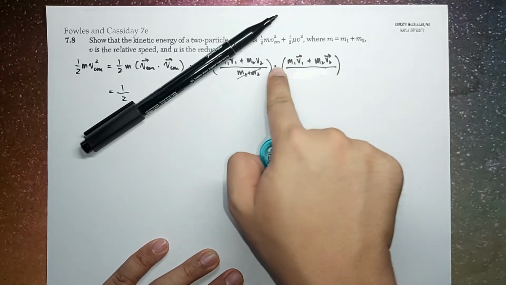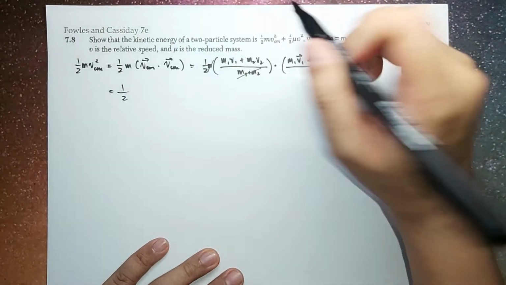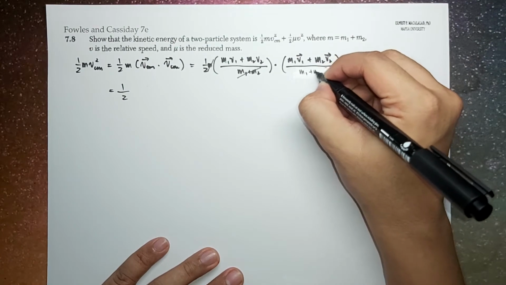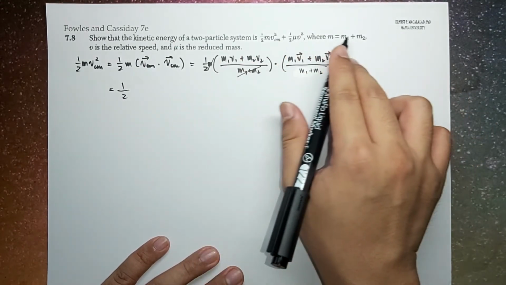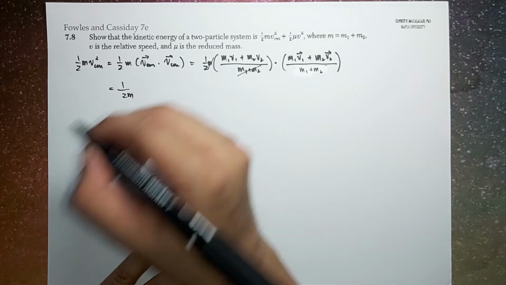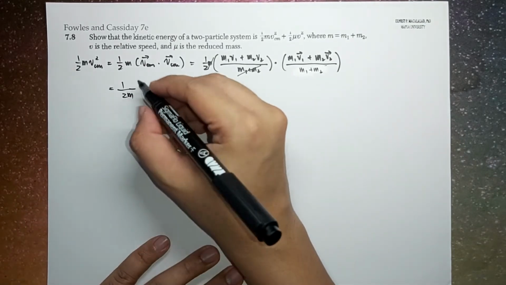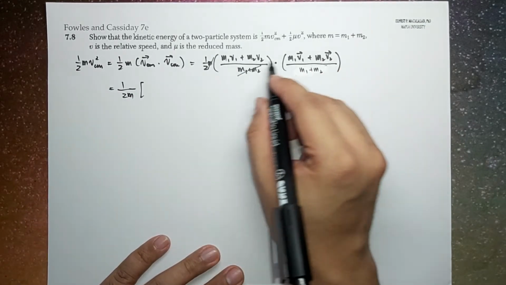Sorry about that, because this is a dot product. So this is m1 plus m2, which is equal to m. So this is 1 over 2m times, we distribute this